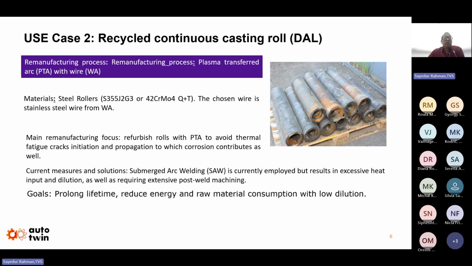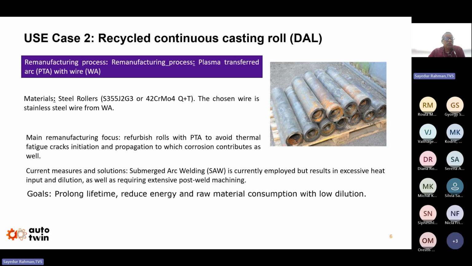Next one is our recycling of continuous casting rollers. Currently, submerged arc welding is used for continuous casting rollers, but it requires huge input power, there is a possibility of greater dilution, and it also requires extensive post-welding machining.